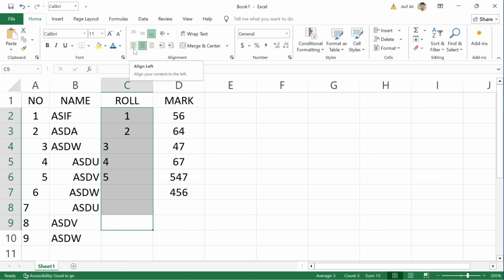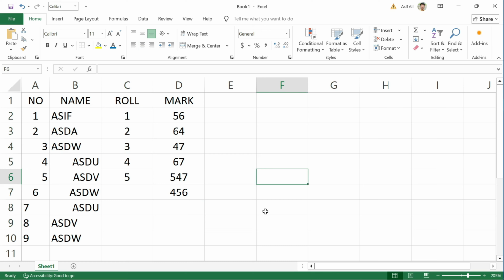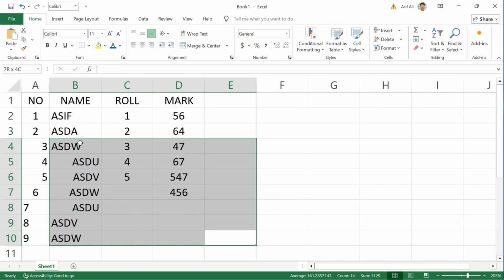If you want left, click the left. If you want right, click the right. Or if you want center, you use the center. Okay, if you want all text, everything, in the center line, then you select